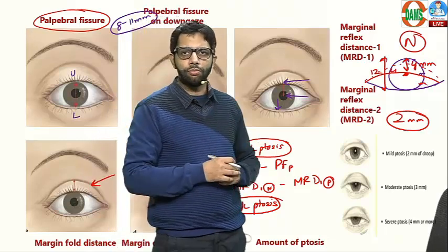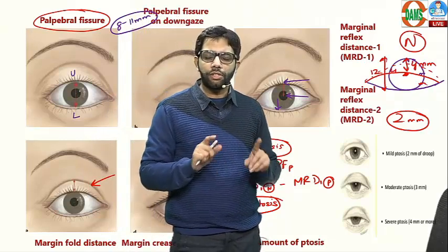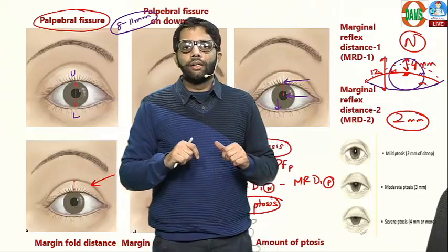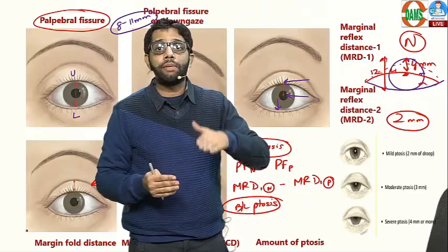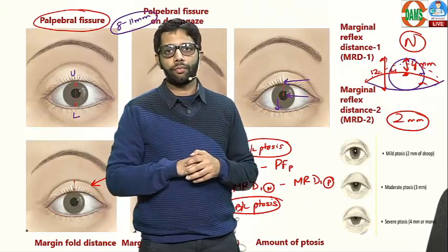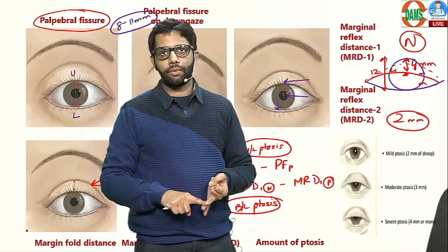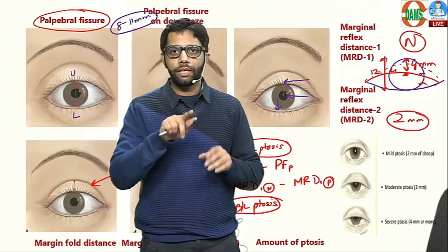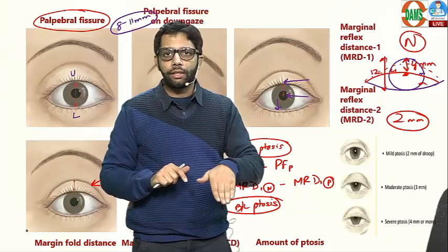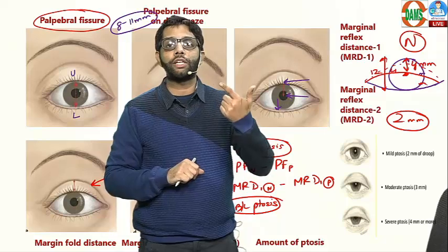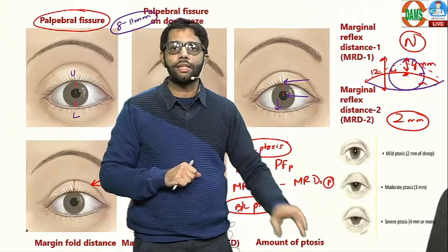Now, if I ask you one question, maths is good. If a patient has a corneal diameter of 12 millimeters, and his upper eyelid is covering 7 millimeters of the cornea, how much is the amount of ptosis? What is the grade of ptosis? So 12 millimeters is the corneal diameter, and 7 millimeters the eyelid is covering. So the amount of ptosis will be 7 minus 2, 5 millimeters will be the amount of ptosis, and the grade